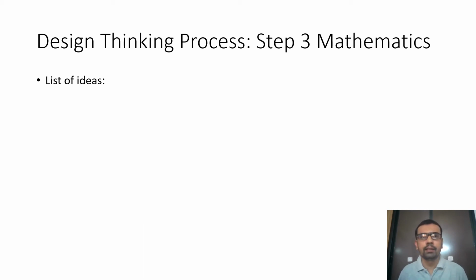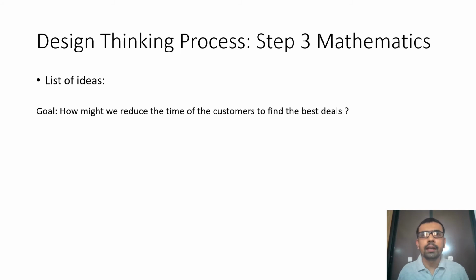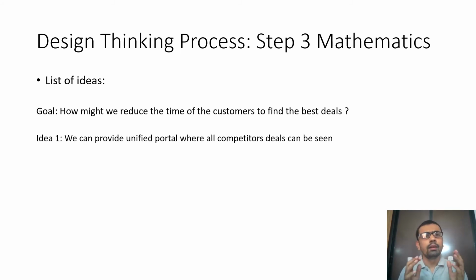So let's say we take our problem, homemakers buying groceries. We did the brainstorming together, assume that we did it, and we got ideas like: how can we provide homemakers a unified portal so that they can find the best deals? This is one of the ideas from the techniques, and these are our artifacts. We had hundreds of ideas, but we list down only a handful that can solve the 80-20 rule, that can solve 80% of the customer's problem. We are not here to solve 100% of the problem.